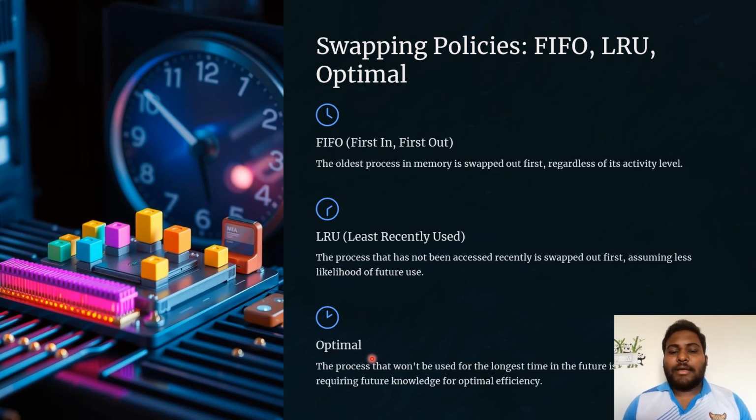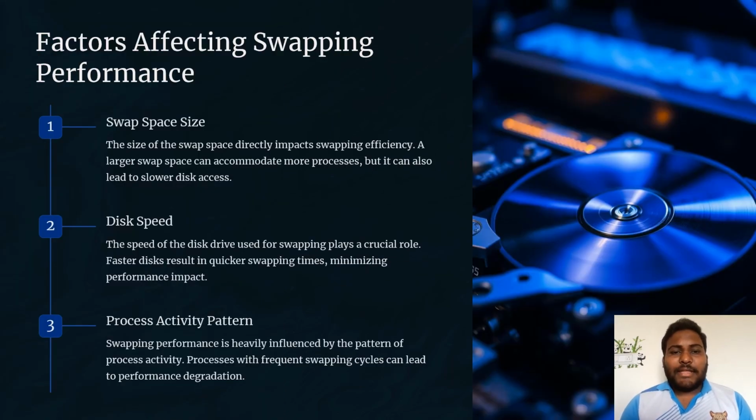Optimal. Optimal is a process that would not be used for a long time, and it requires some future knowledge to implement. It means that the optimal function uses tab space efficiently for swapping the memories. Going further, the factors affecting swapping,